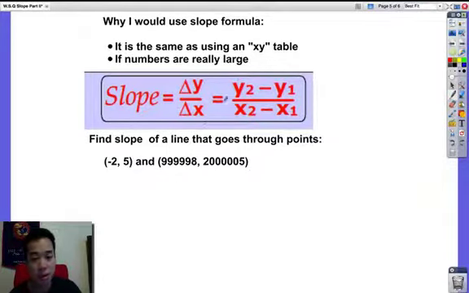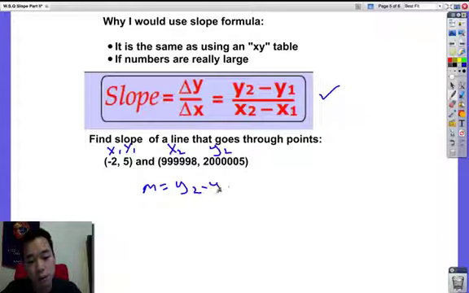So what I'm going to do is just use the slope formula right here. So this is x1, y1, x2, y2. You can reverse the two pairs, but just make sure that they correspond with each other. You always have x2 and y2 together because that is the second point. And then slope is equal to y2 minus y1 over x2 minus x1, which is